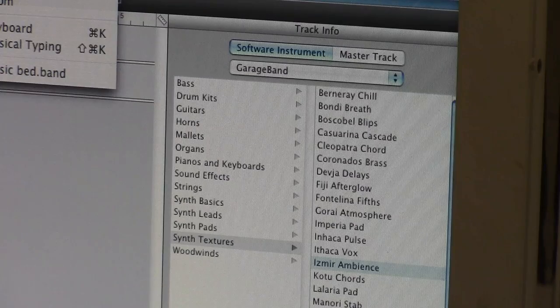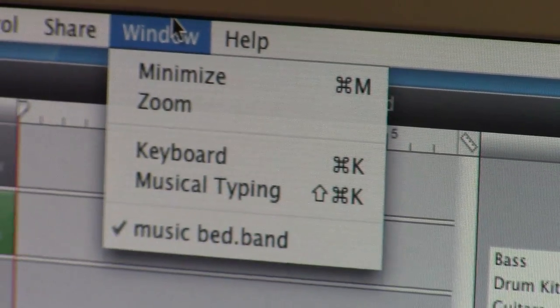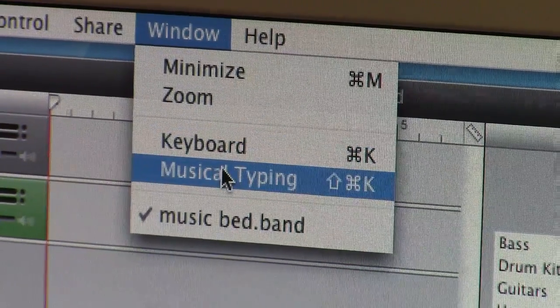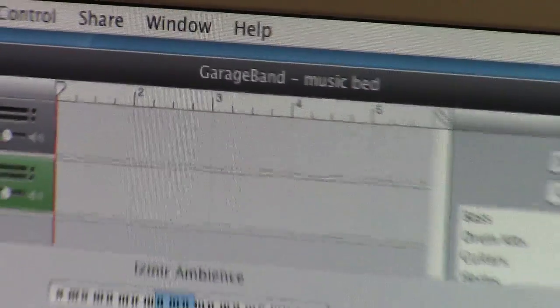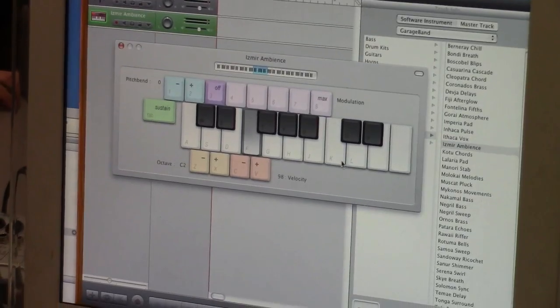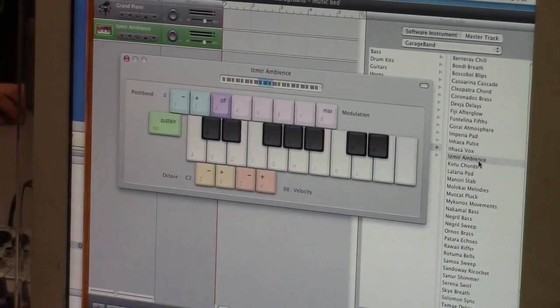Okay, so I'm going to go to musical typing. If you go up to window here, a lot of kids wonder, Mr. Tauchi, how did you do that? I'm going to show you. So you go up to window and you go to musical typing, and now what you've got is this interactive keyboard. So this is Ismar